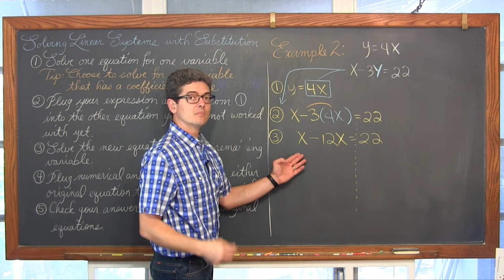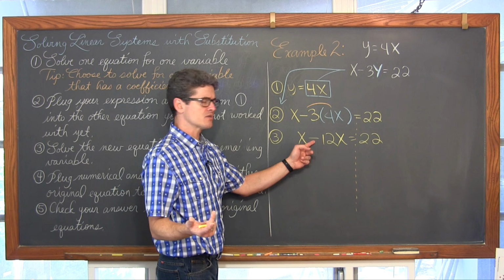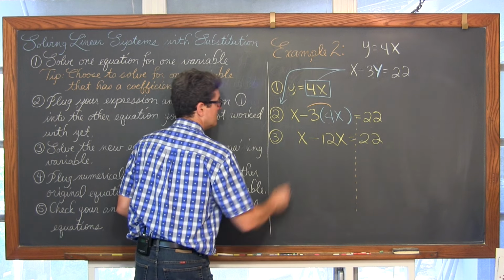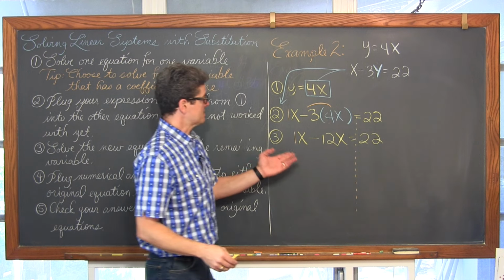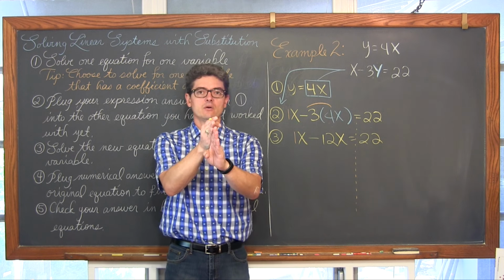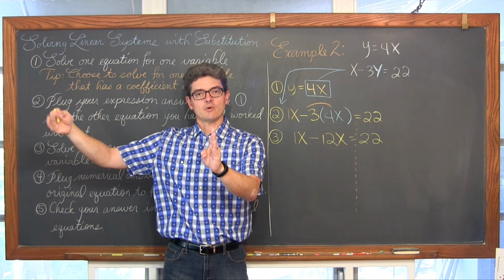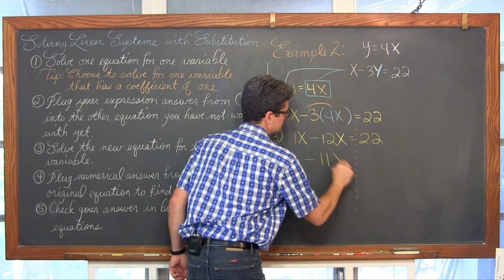I now have some like terms on the left. I have two terms separated by addition and subtraction that have the same variable. And a lot of my students do like to write those hidden coefficients of 1 so they can see that 1x minus 12x, well, if you're at 0 and you move 1 to the right and you move left for subtraction 12 units, your answer is going to be negative 11.